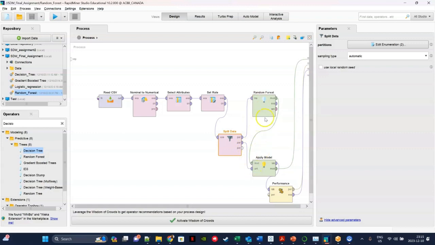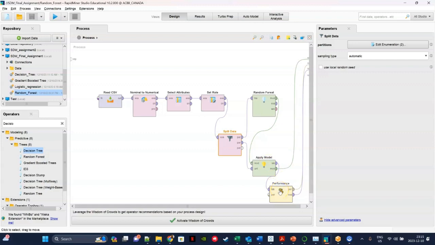The model from random forest, that is the 70% data, goes to the apply model, and the 30% test data is executed based on the 70% data, and then the results are generated. The results from the apply model are then sent to the performance operator, which evaluates